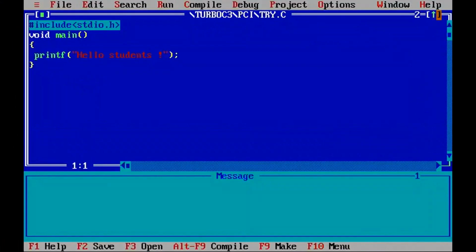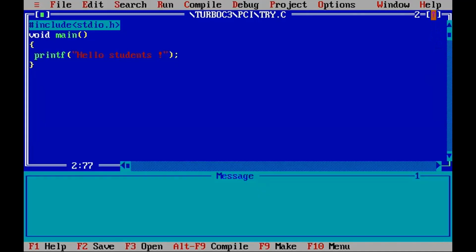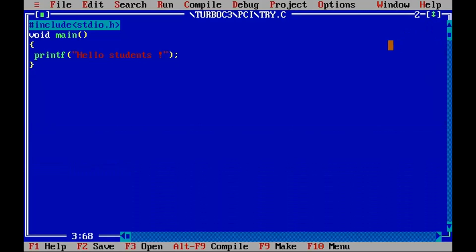So here is the arrow key. I will click on this, and now you can see the message window is gone, and now the full screen is available for your program. Now you can check the arrow heads. They are bidirectional now. Previously it was only an upside arrow. Now it is bidirectional, meaning you can divide this screen again into two parts, that is the program window and the message window. So like this, you can toggle this message window on and off using this arrow key.